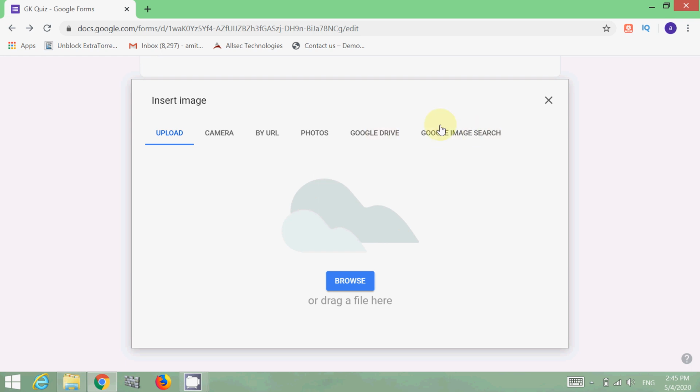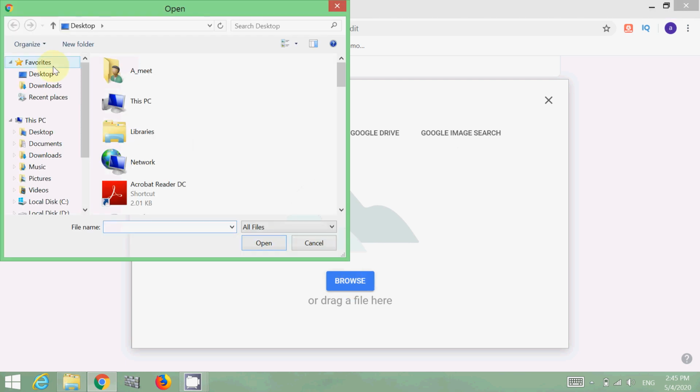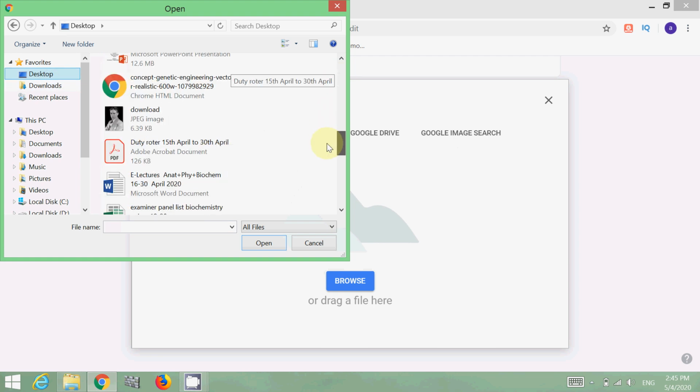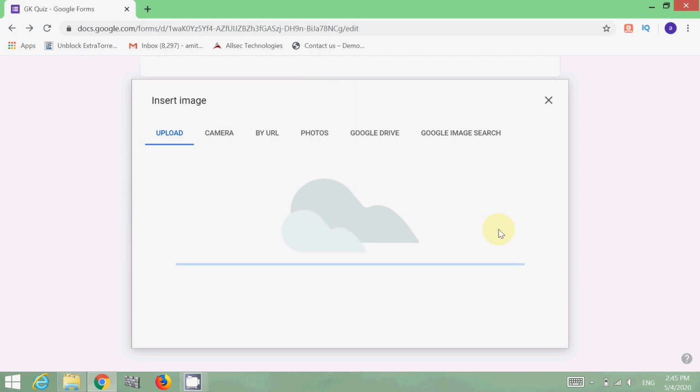And if you want to upload the image from the Google image search option. As I have saved that particular image on my laptop, I'm selecting upload from the local source and clicking on the browse button. In the browse button, I'm going to the desktop and selecting the image. So that particular image will be uploaded.